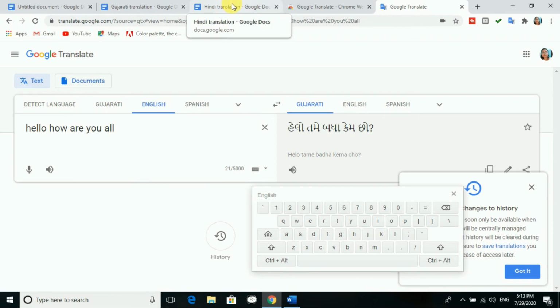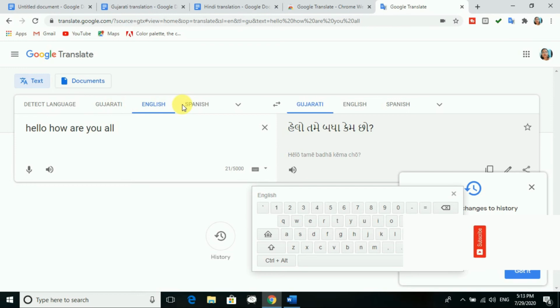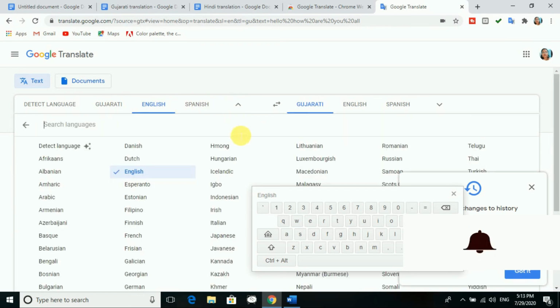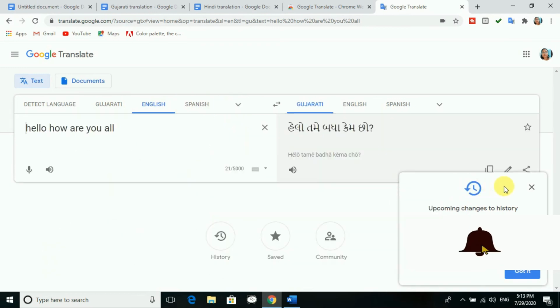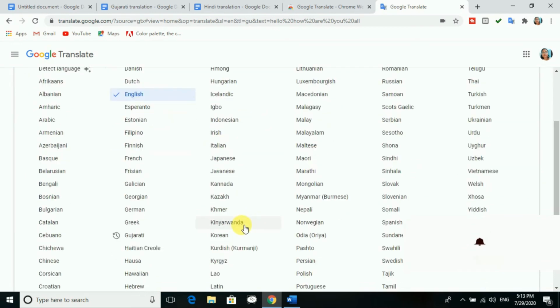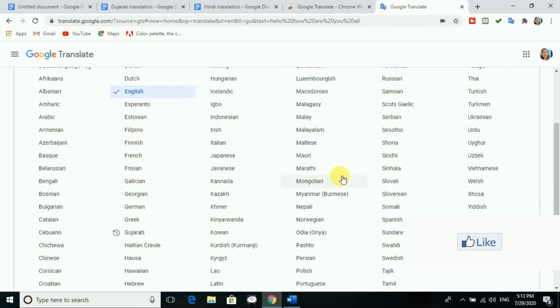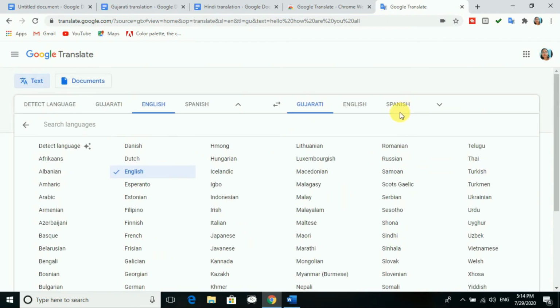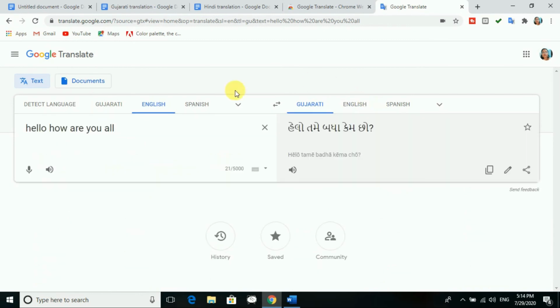If there are some sentences you cannot understand, अगर आप कोई सेंटेंस समझ नहीं पा रहे हो तो उसे आप लिख कर भी कर सकते हो, और यहाँ आपको सिलेक्शन करना है. Here you are having many languages. You can see that there are many languages. Just on click you can see here there are many languages. आप कोई भी लैंग्वेज ले लो, बंगाली ले लो, right? You can take Arabic or any language in which you want to do the translation. Hope you all have understood it.